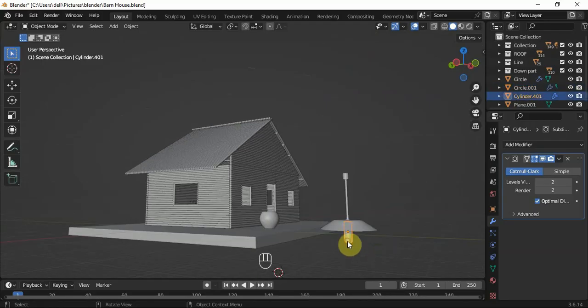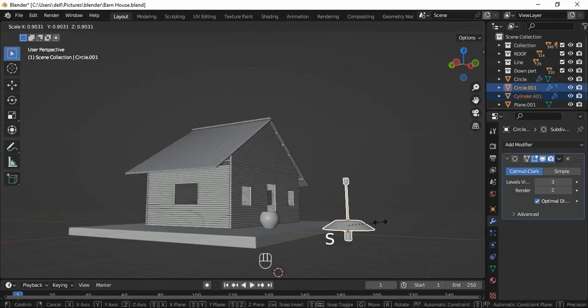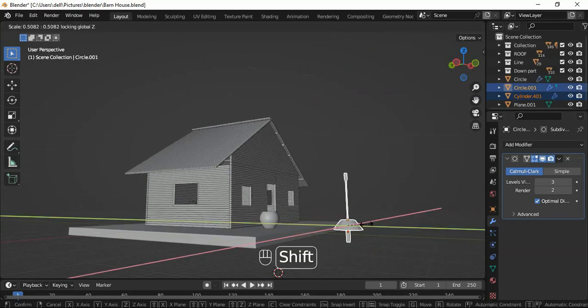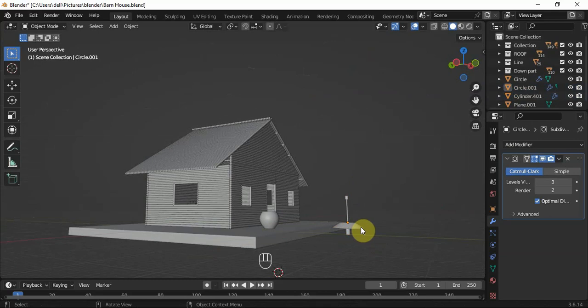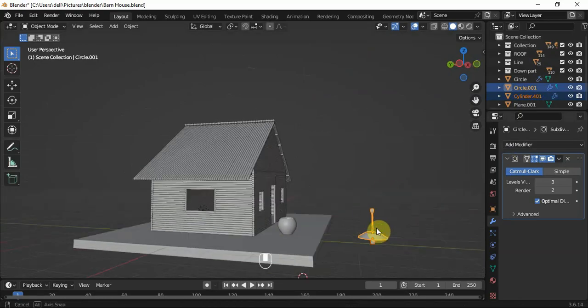All right, both of them. Then scale, and do that. Scale. Then also move them